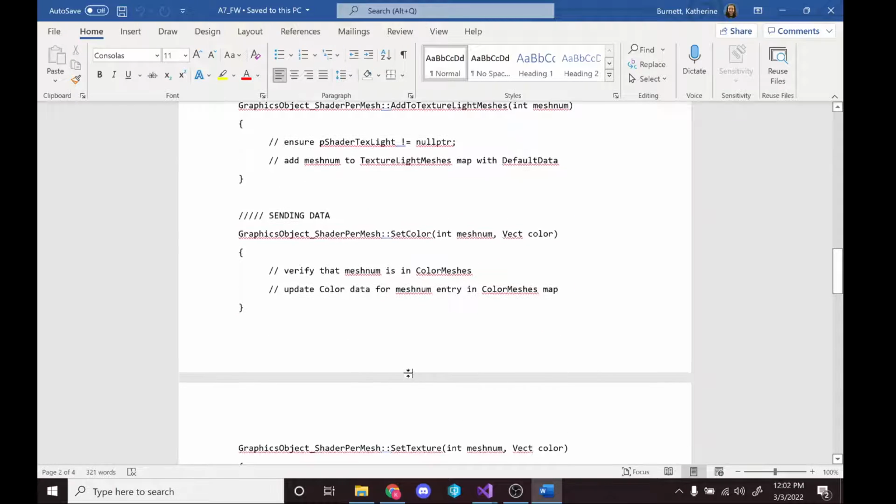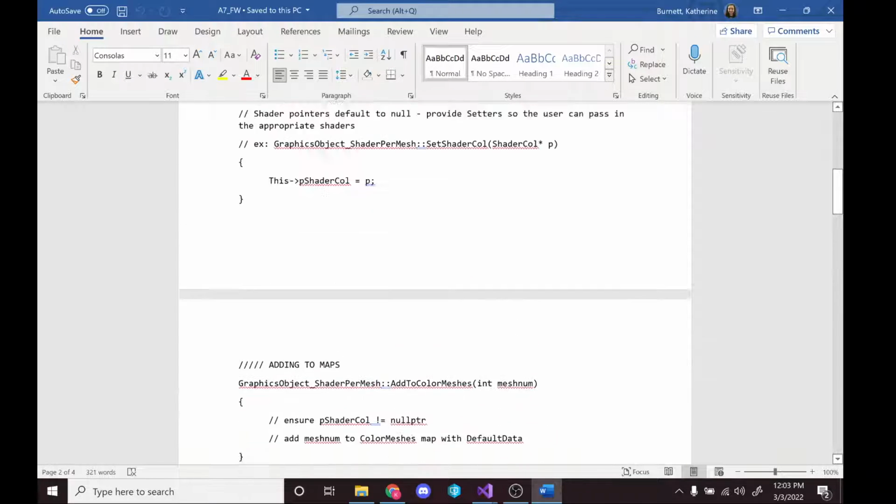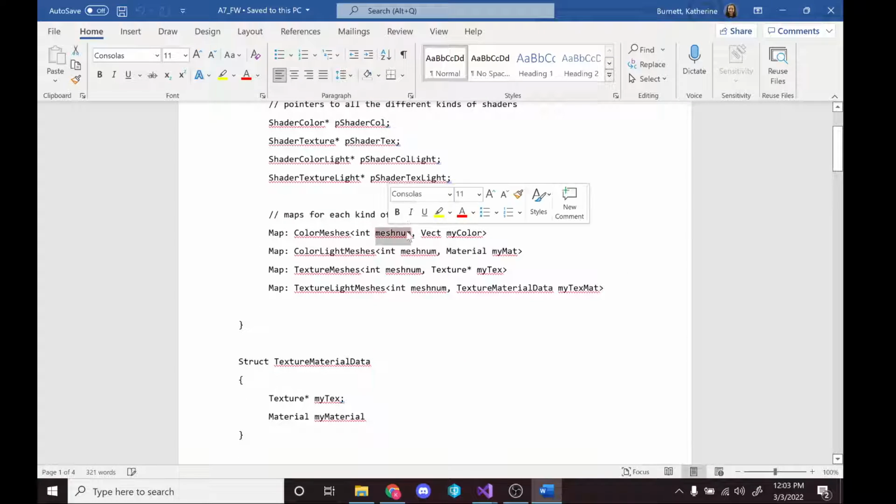And then, if you actually want to say, okay, I need my roof to be blue, then you say set color for this mesh number and this color. You have to verify that that mesh number is actually in the color meshes list and not another map. And then you just update that color data. So for this entry, mesh number, if the roof is 0,